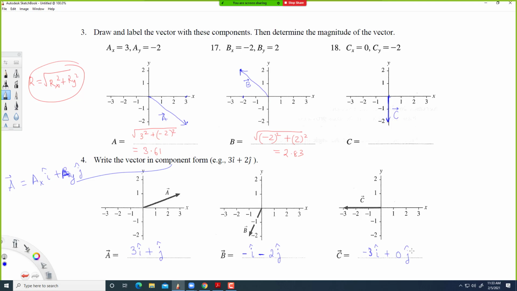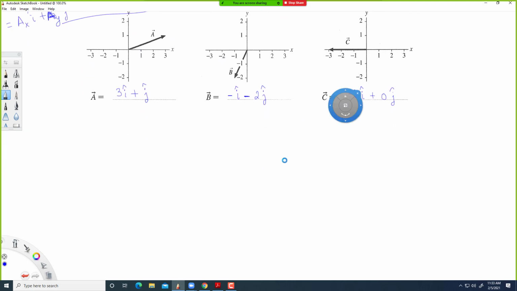Okay, let's look at number 5. 5 is pretty straightforward. So we will be using these 3 vectors and add them to get the resultant. So we want to find the resultant of these 3 vectors. Let's denote that by letter D. D is A plus B plus C, okay? Adding. So A is 3i hat plus j hat, and then B is